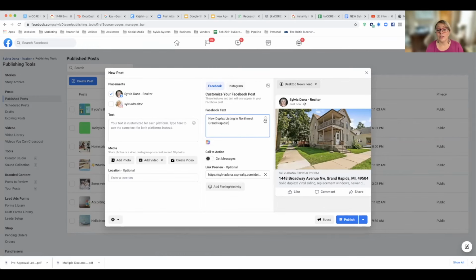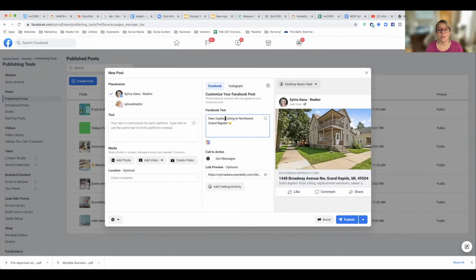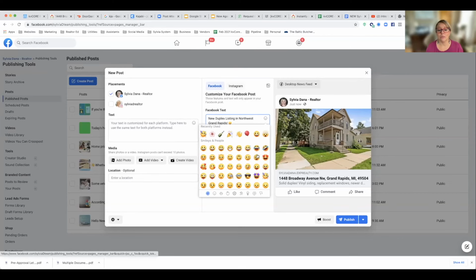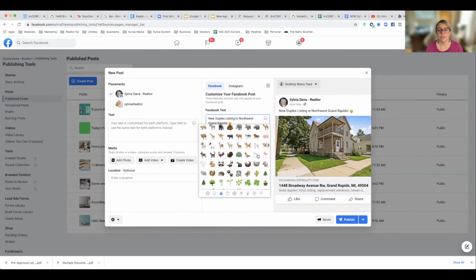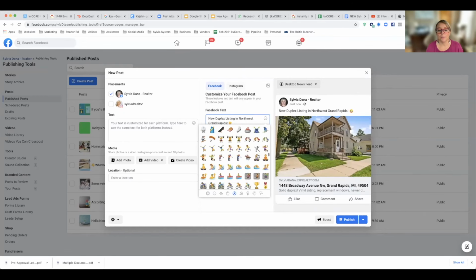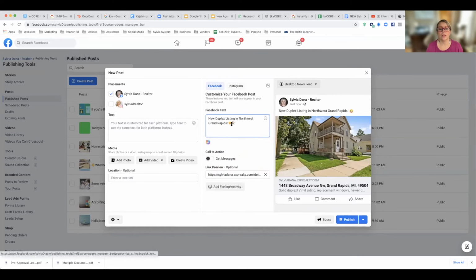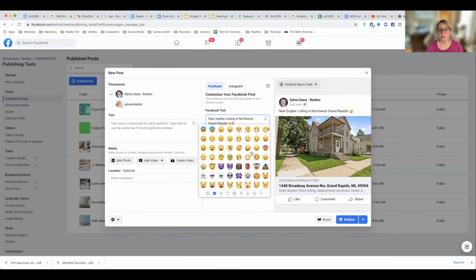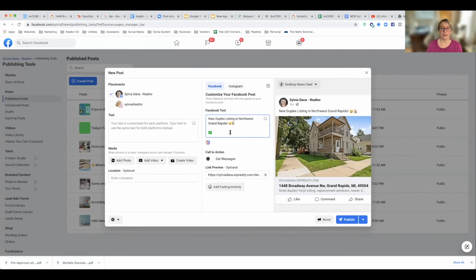And then you got to do emojis when you're doing Facebook posts because people like it and you'll get noticed more. So I'm just going to do a few little emojis. Okay. And then I like bullet points and I use this green checkbox. You can do whatever you want. It can be a sun, it can be whatever. And so I'm going to say